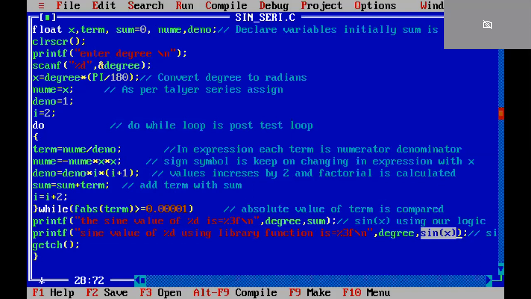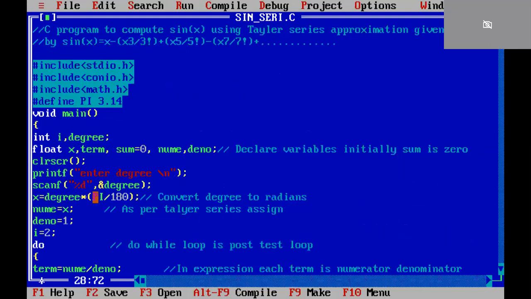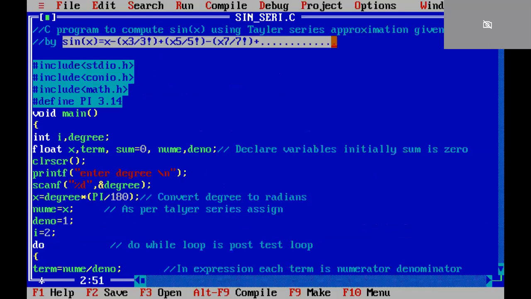Before going for the execution, one second, I will revise. Here in this program, you need to be aware of what the equation is. This equation you need to mug up and practice. So the sine of x according to the Taylor series is given as x minus x power 3 by 3 factorial plus x to the power of 5 by 5 factorial, and it keeps on changing. What are the two important things I told you? Here the sign also changes, and the power of x also changes. In the denominator, the factorial also changes along with the value, right?